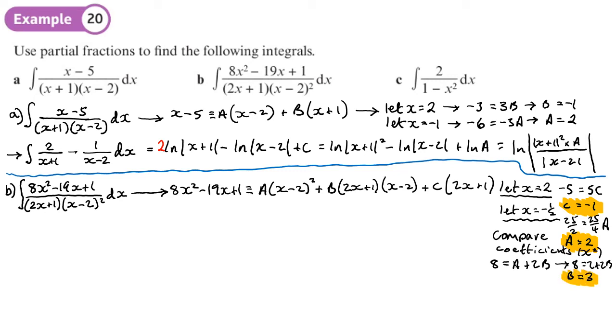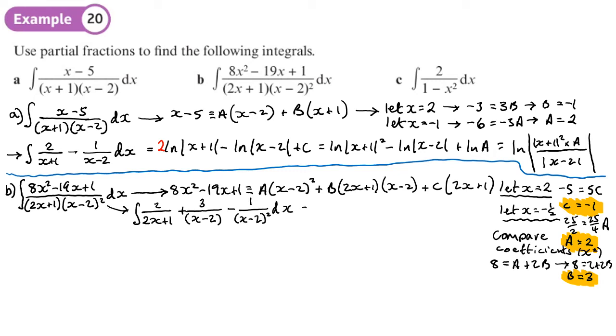Now, after all of that, our integration becomes integrating a, which is 2, over 2x plus 1, plus b, and b is 3, so plus 3 over x minus 2, plus c, well, c is negative 1, so minus 1 over x minus 2 all squared